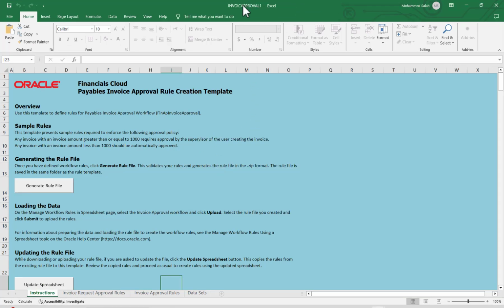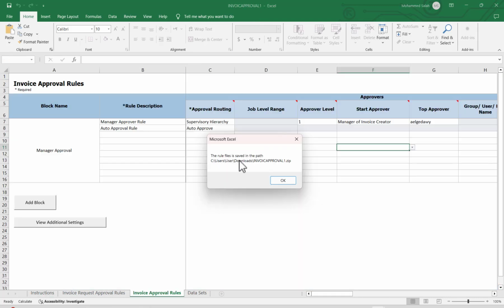Rename the file you downloaded, because it was downloaded with the standard name, such as basic template, sample template 1, sample template 2. So once you have downloaded it, you have to change the name to, for example, your organization approval name 1, approval rule 2, whatever. After that, you generate the rule file. The rule file is saved in a path like this. So just come back to